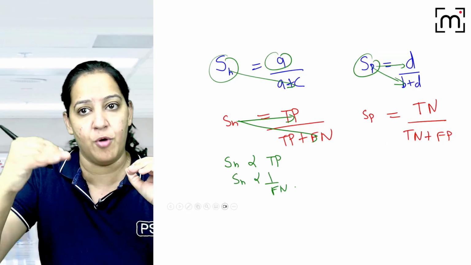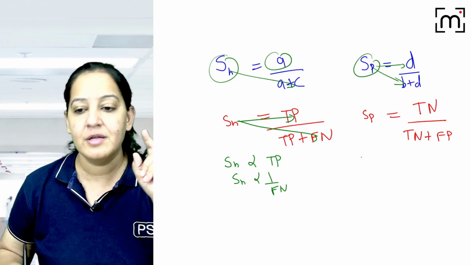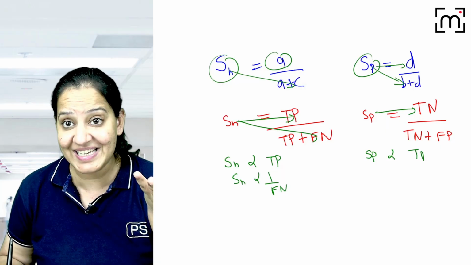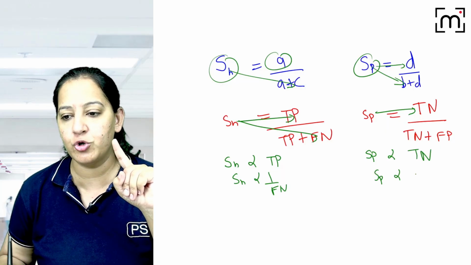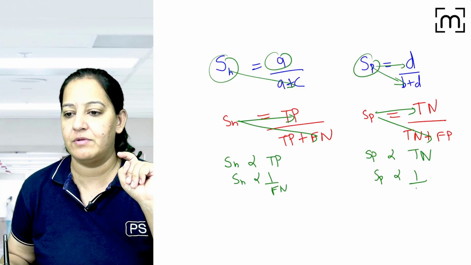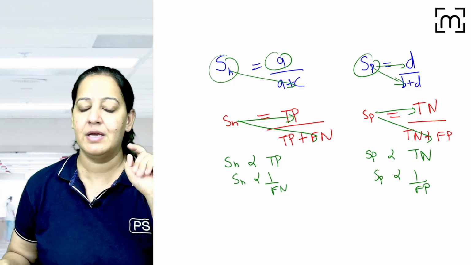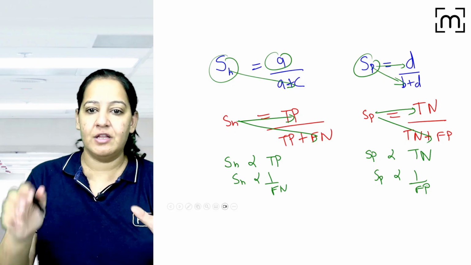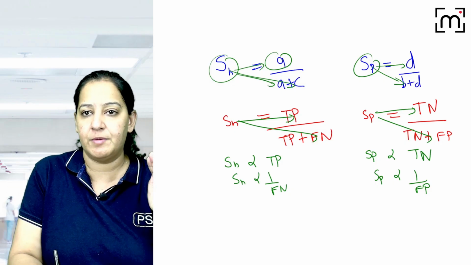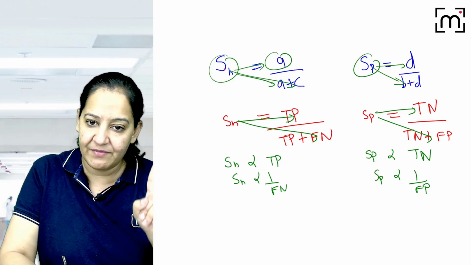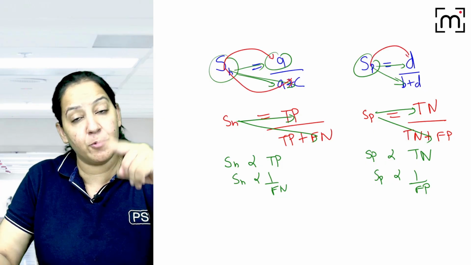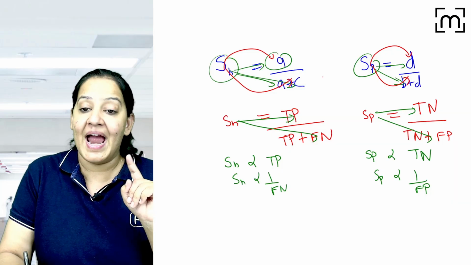So the main thing is the formula. If you know the formula, you can make it out. The specificity is directly proportional to true negative, that is D, and it is inversely proportional to false positive, that is B. So you can see it here. Instead of learning these 4 points, please see in the formula what is directly proportional and inversely proportional. So I repeat, sensitivity is directly proportional to A, inversely to C, specificity is directly proportional to D, inversely to B, and